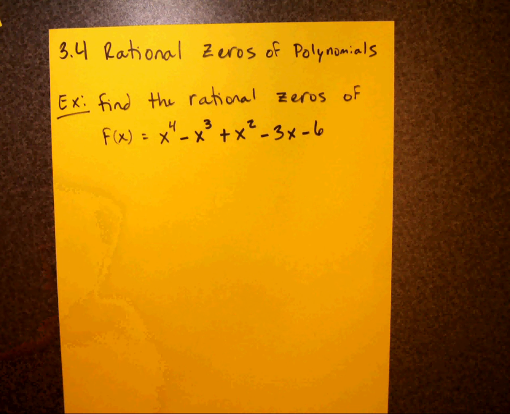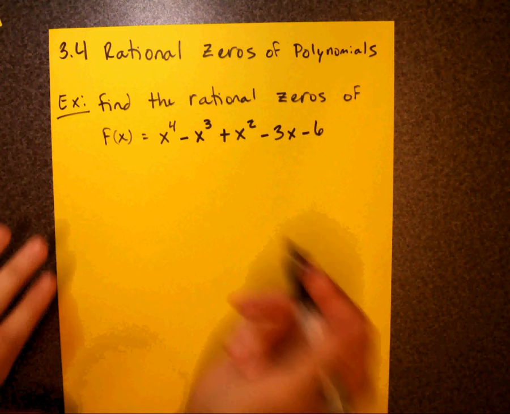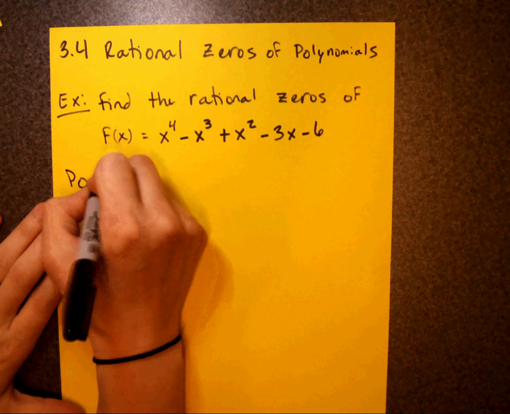All right, one more time. So we have x to the fourth minus x to the third plus x squared minus 3x minus 6, and we want to find the rational roots, and we're going to use the rational roots test and then synthetic division to determine which ones are actual roots. So finding our possible rational roots,